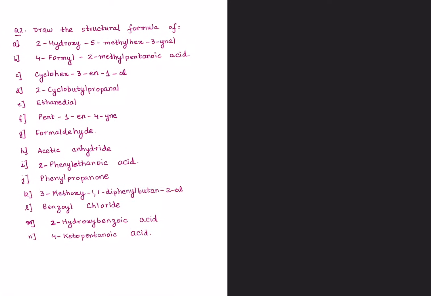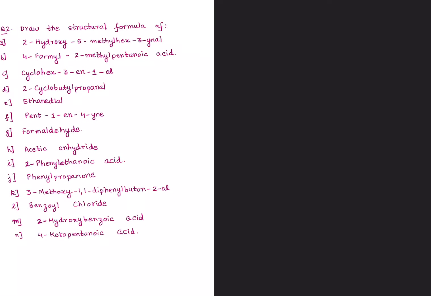So I am going to do the first one now, which says 2-hydroxy 5-methyl hex 5-enol. So if you notice, in order to name this compound, I first need the base chain. And what is that base chain going to be? It's going to be a hex. That means I have 6 carbon atoms in the base chain, right? So let me number this as 1, 2, 3, 4, 5 and 6, so I know where to place the groups.